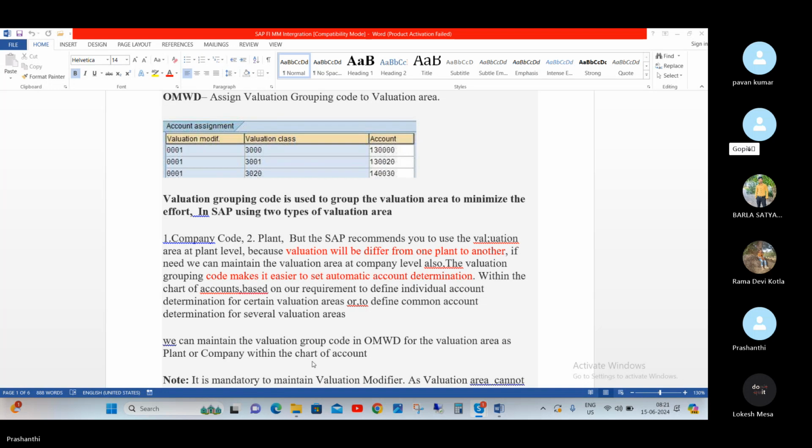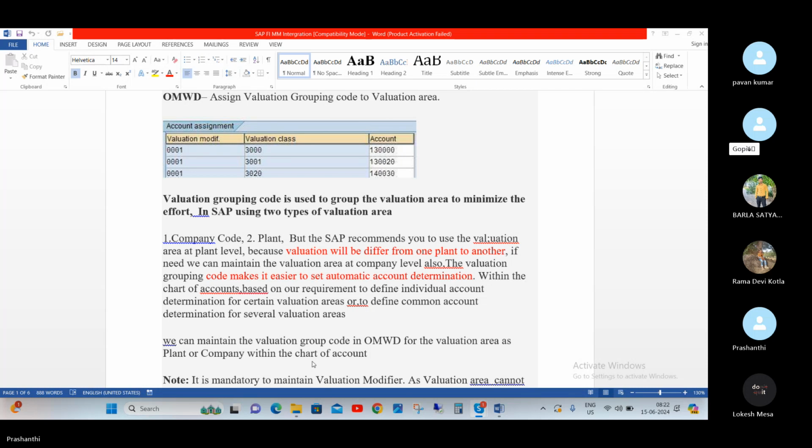Next, valuation grouping code is used to group the valuation area to minimize the effort. In SAP, we use two types of valuation areas, which we discussed just a few minutes back: one is the company code level and the other is the plant level. But SAP recommends using the valuation area at the plant level